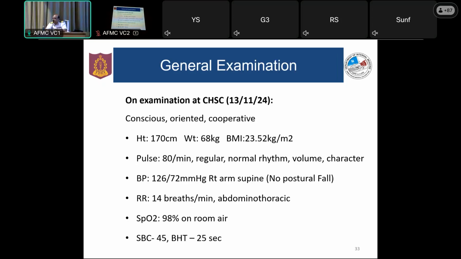In general physical examination, he presented to command hospital on 13th of November. He was conscious, oriented, height of 170 centimeter, weight of 68 kg, pulse 80 per minute, regular, normal rhythm, volume and character, BP of 126/72 millimeter of mercury, right arm supine with no postural fall, respiratory rate of 14 breaths per minute, abdominothoracic, and normal saturation in room air, and single breath count of 45 and breath holding time of 25 seconds. So the single breath count is important because you want,